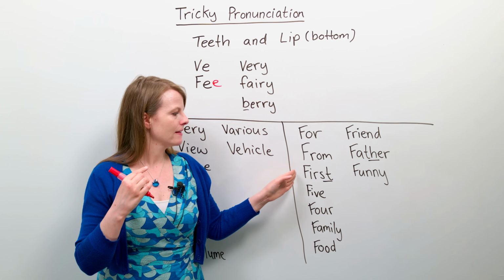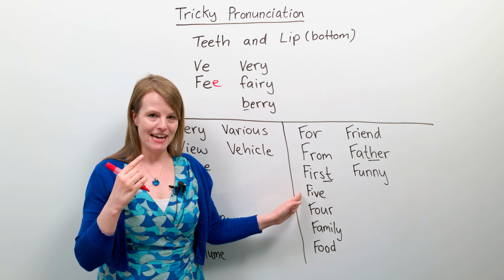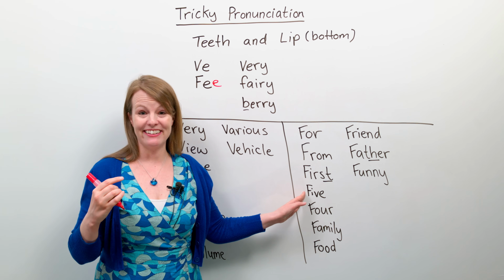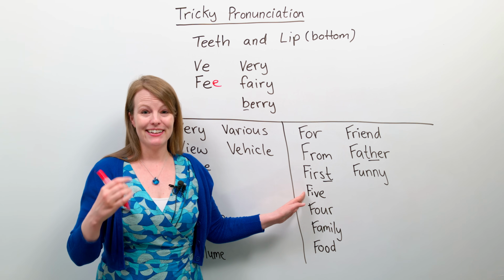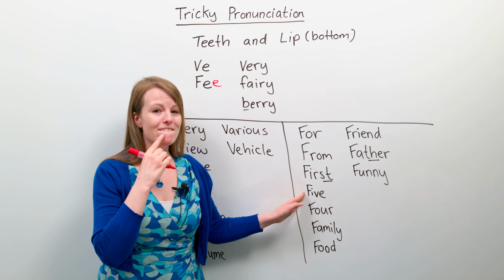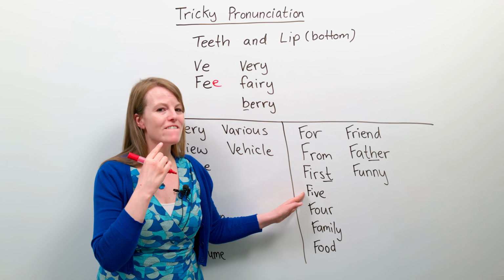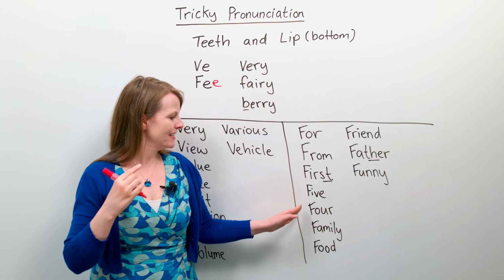From, first, five. Now this is a difficult sound because we have a V and an F together. So we're saying five. So we have to be really quick with this, but five, five, five,